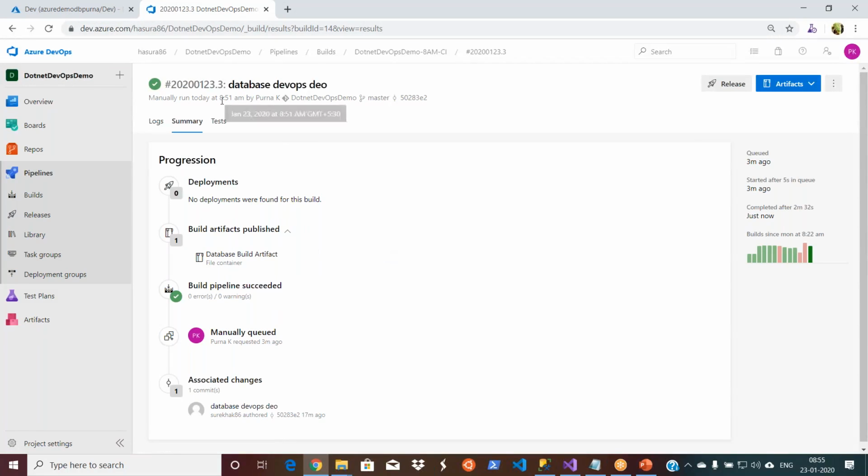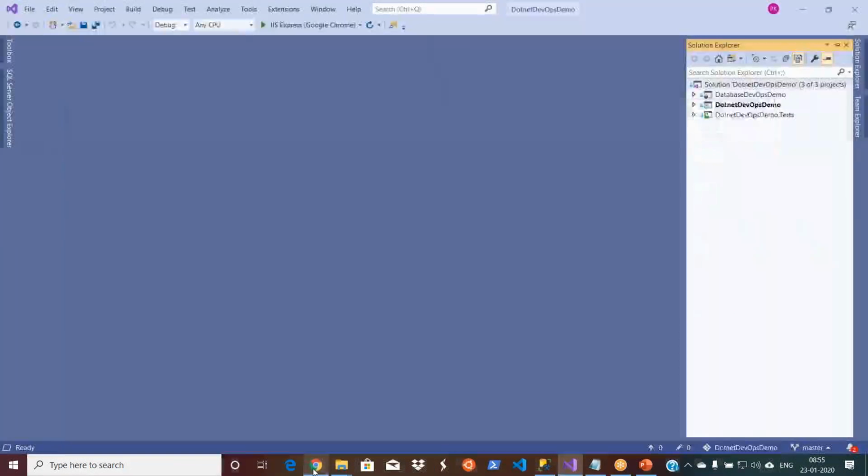Okay, I think I did not publish the other artifact. That's why it's showing only the database. But anyway, we will not use this now for the deployment. When we use the CD pipeline, I have to use these artifacts in the CD pipeline using Azure releases. So let's keep it aside, this CI part. Now we are done with the CI. Okay, what's the next part?